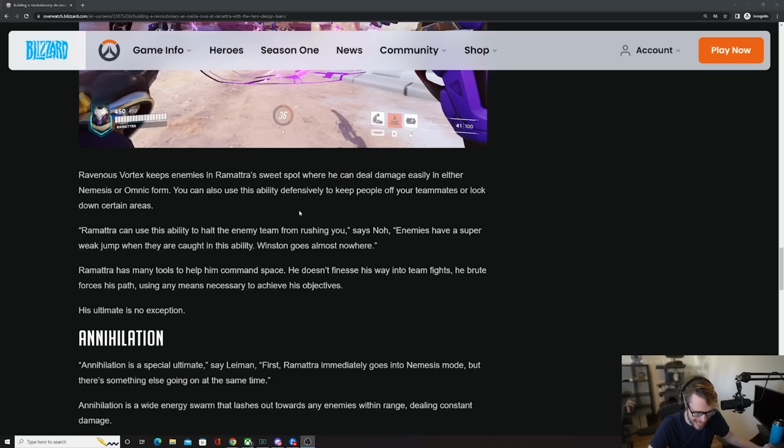So if you are able to get enemies in that, just to give you an idea, and we'll definitely have to look at this whenever we play Ramattra, but apparently Winston goes almost nowhere when they're inside of that ability. So you can prevent a lot of different stuff. So